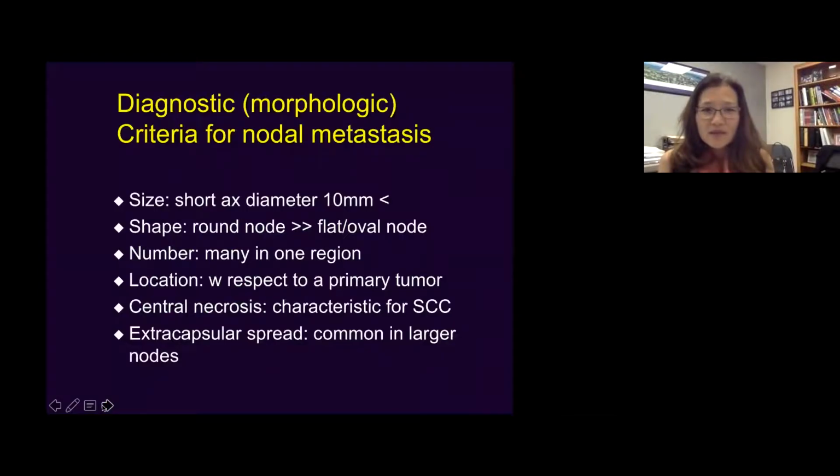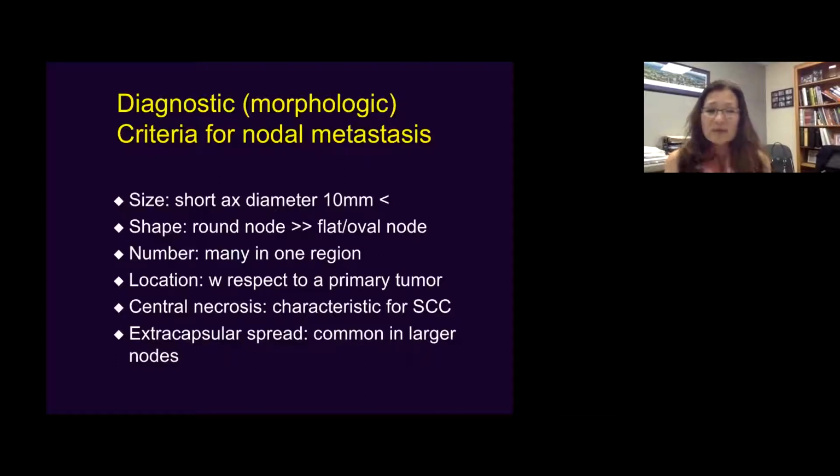So just briefly, diagnostic criteria could be size, one very standard thing that we measure. The short axis diameter larger than 10 millimeter or 1 centimeter. Round lymph nodes are most suspicious, compared with flat or oval kidney-shaped lymph nodes. Maintaining a lymph node hilar fat will be indicative of benign disease. If you have many lymph nodes in one specific location with respect to the primary tumor, you may suspect more